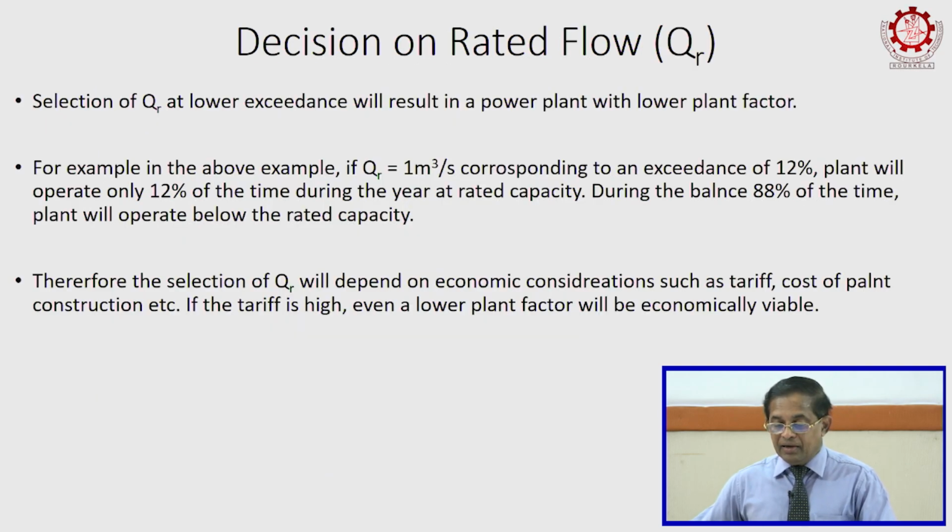The selection of QR at lower exceedance will result in a power plant with lower plant factor. For example, in the above example, if QR equals 1 cubic meters per second corresponding to an exceedance of 12%, the plant will operate only 12% of the time during the year at rated capacity. During the balance 88% of the time, the plant will operate below the rated capacity. Therefore, the selection of QR will depend on economic considerations such as tariff, cost of plant construction, etc. If the tariff is high, even a lower plant factor will be economically viable, so you can go for a higher